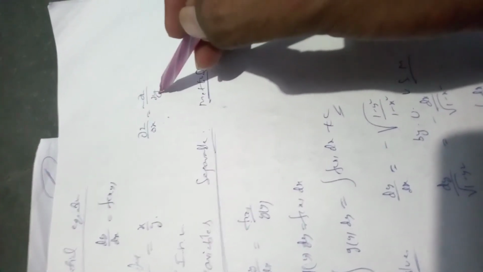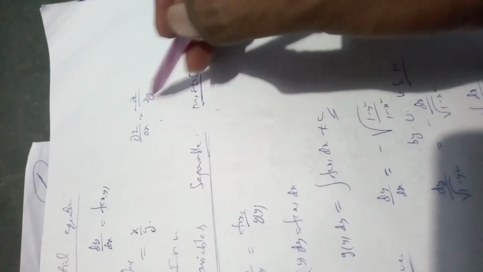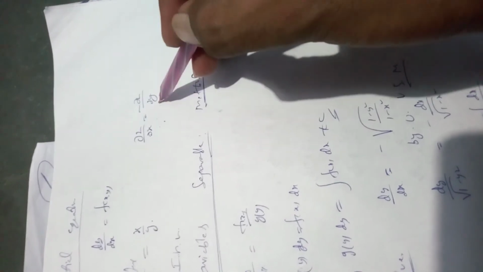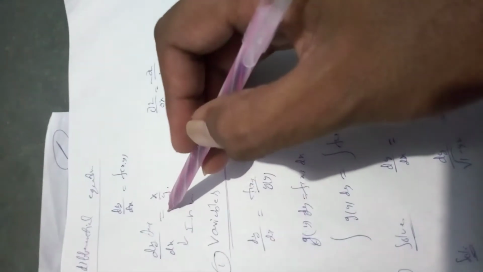But a partial differential equation means, for example, dou z by dou x equals minus dou z by dou y. This has two or more independent variables, so this is a partial differential equation. The earlier one was an ordinary differential equation example. A differential equation is said to be partial when it has two or more independent variables. Here, (dou z by dou x) whole square plus (dou z by dou y) whole square equals 4z. This is also a partial differential equation.